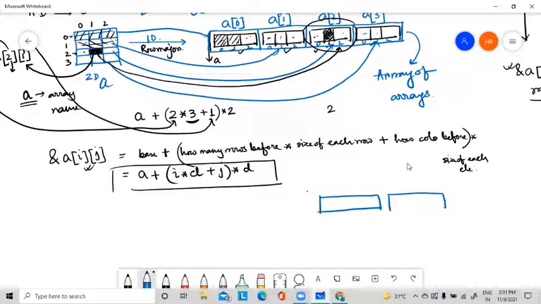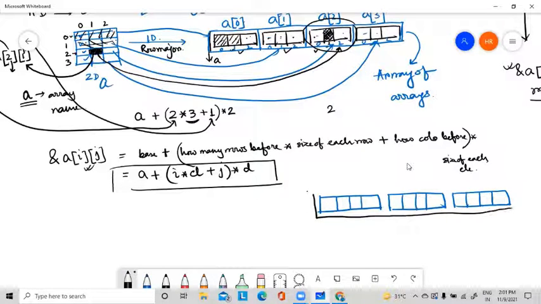How many columns are there? See, there are 1 2 3 columns. So these are the 3 columns. Okay, and each column has how many elements? 1 2 3 4. So each column has 4 elements, okay. So this is your whole array,